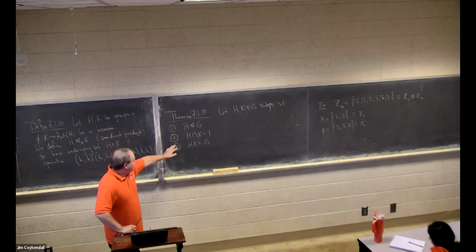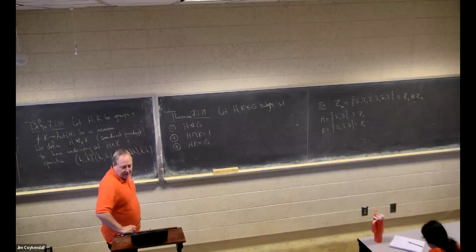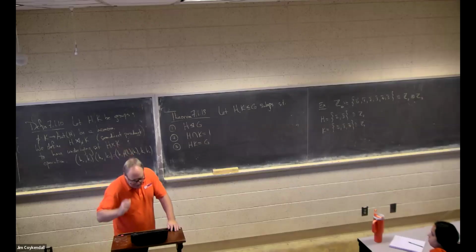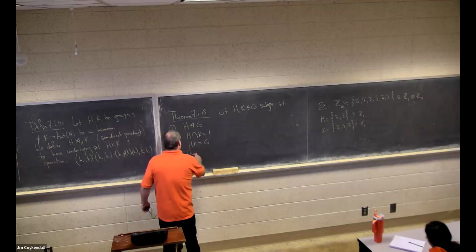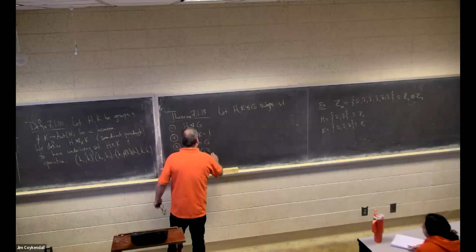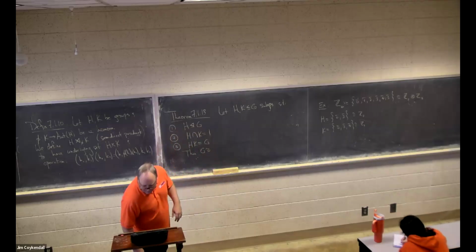Everybody with me? So suppose we've got this. Now I've only got one for sure that's normal. Their overlap is trivial. And the product, which is in fact a group because H is normal, is all of G. Then G is isomorphic to